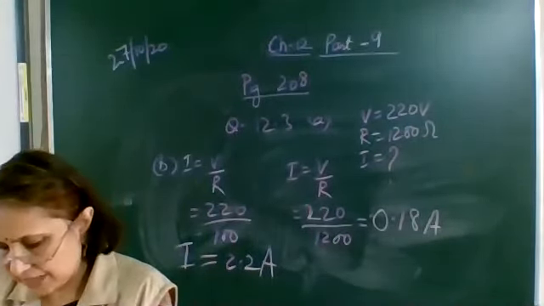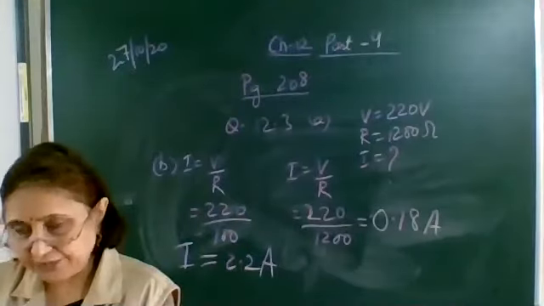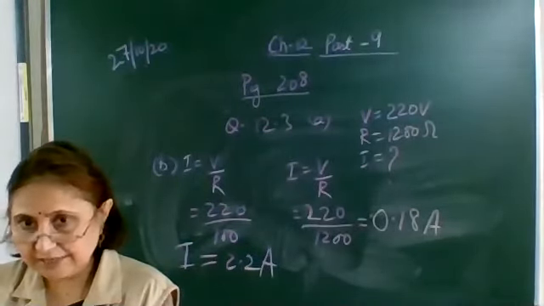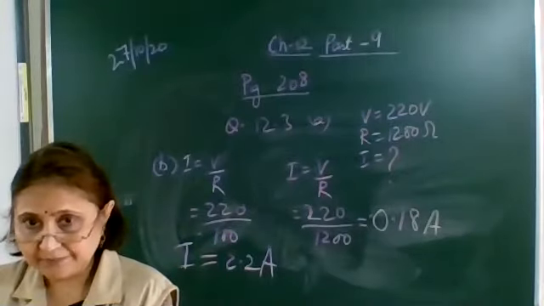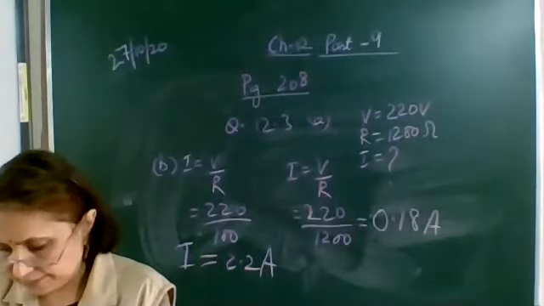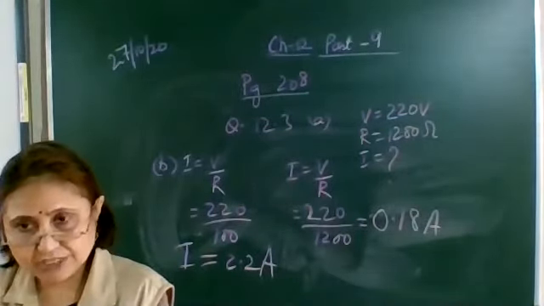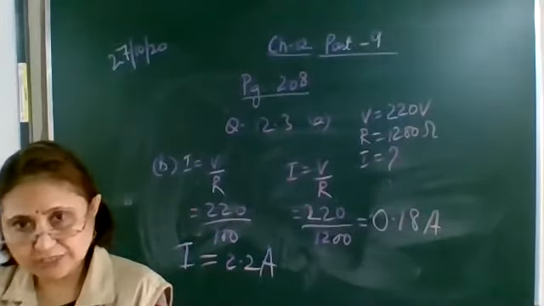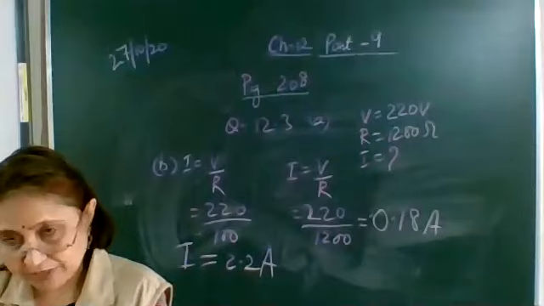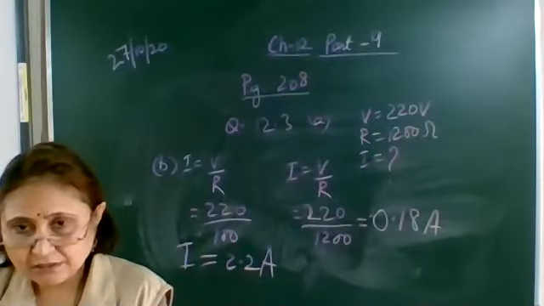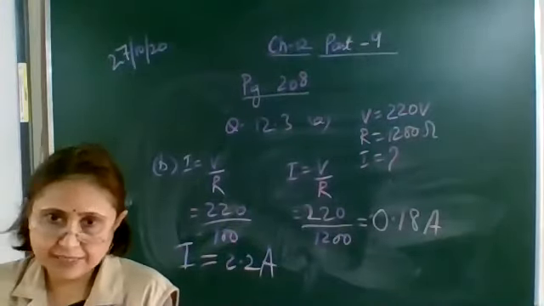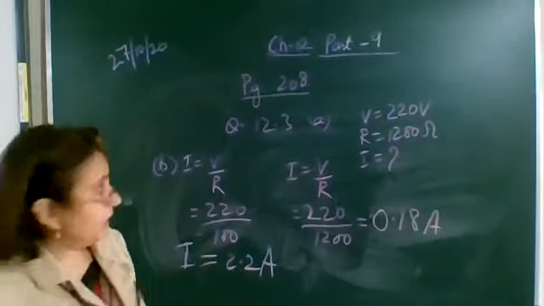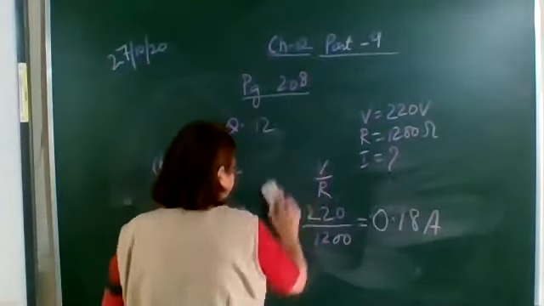Now in the second part, the potential difference is changed. It is doubled, so obviously the current will change. The resistance will remain the same. Resistance is a property of the conductor. If the length, cross-sectional area, everything is the same, the temperature is not changing and the material is the same, then the resistance will remain the same. Whatever be V and I, the resistance will be the same. Let's do this question, example 12.4.